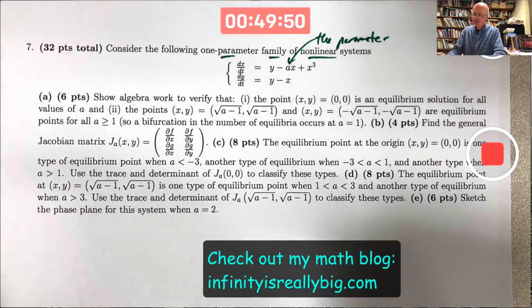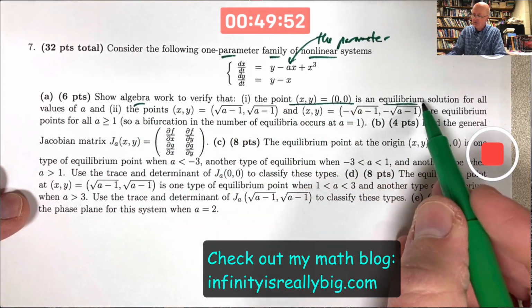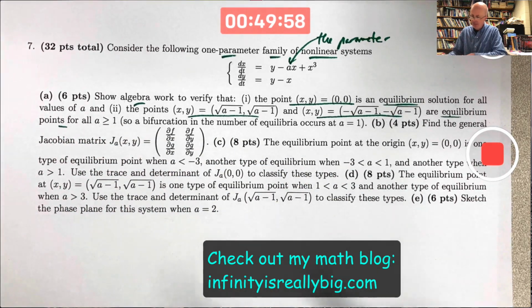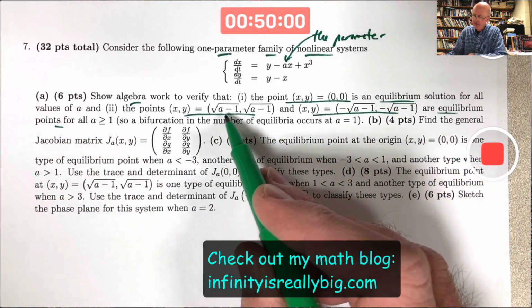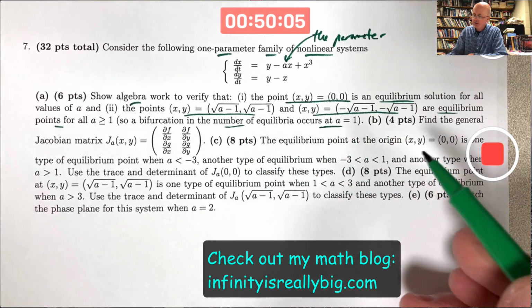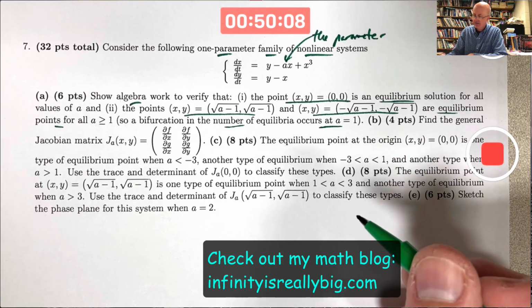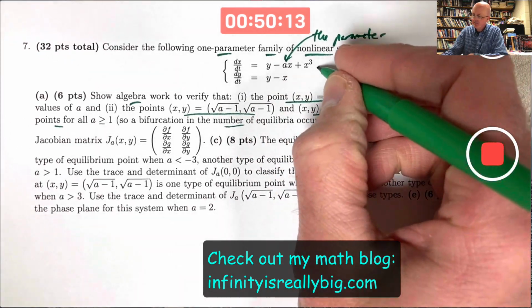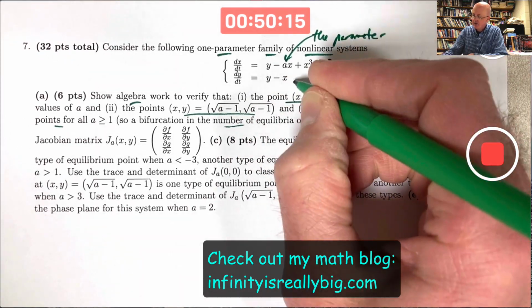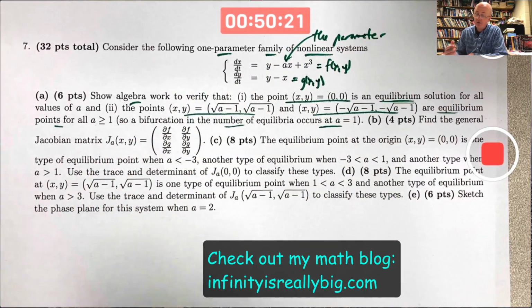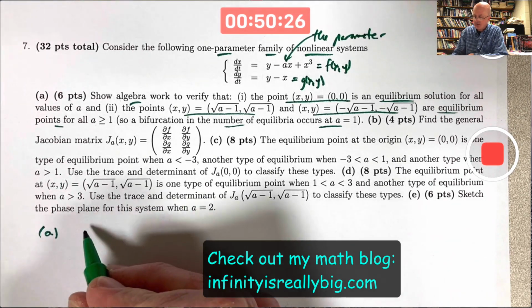Part A says, show algebra work to verify that the origin is an equilibrium point and also these 2 points are equilibrium points. And because A minus 1 is 0 when A is 1, a bifurcation in the number of equilibrium points occurs at A equals 1. Technically speaking, you could just plug these numbers into the right-hand side functions, f of x y and g of x y, and confirm that you get 0 in both cases. That's technically a more rigorous way to do it,